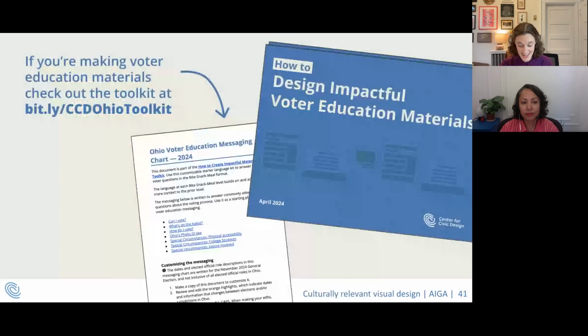If you're interested in looking more at this toolkit and reading the rest of those design recommendations, it is at this link. And I really also recommend, if you are talking to a group of designers, if you happen to be making voter education materials this fall for the election, I would really recommend going to read what we learned